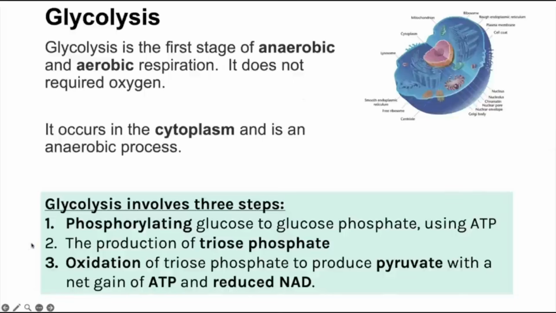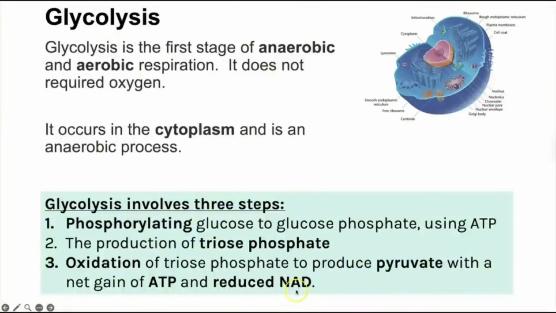So let's have a look at all of these stages, starting with glycolysis, because that's the first stage. And this actually happens in both aerobic and anaerobic respiration. No oxygen is needed in this stage, which is why it's in both types of respiration, and it happens in the cytoplasm. So there's 3 key stages in glycolysis. Phosphorylating glucose to form glucose phosphate, and that requires ATP. The production of triose phosphate and the oxidation of triose phosphate to produce pyruvate with the net gain of ATP